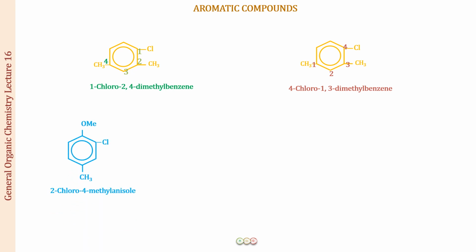The next structure you can see, this is what? Well, we have a OMe. Now what is Me meaning over here? It is a CH3 group, the methyl group. We are just writing in abbreviation as Me. Alright. So this is one way of representation.